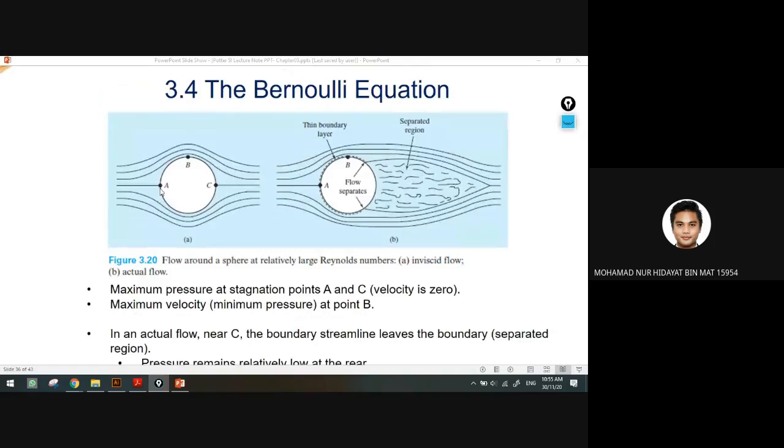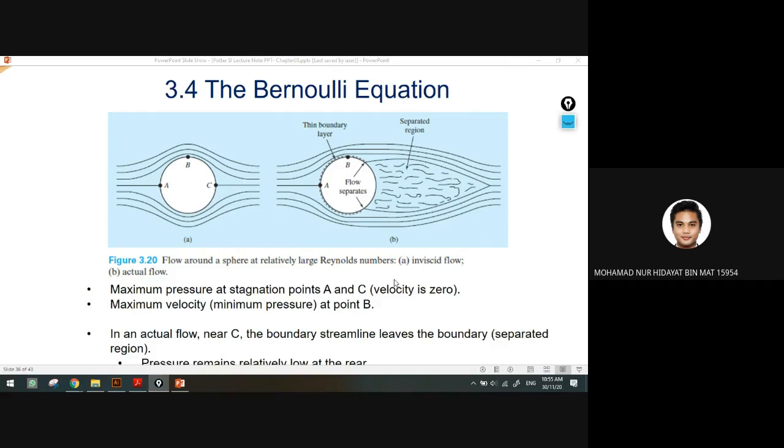ball. We have points A, B and C, and this is the flow separation. It separates the streamflow from the wake. We call this the wake region. Okay, this is the thin boundary layer. The maximum pressure is at stagnation point A